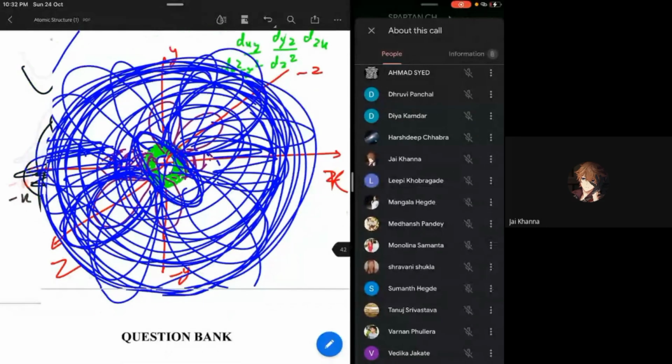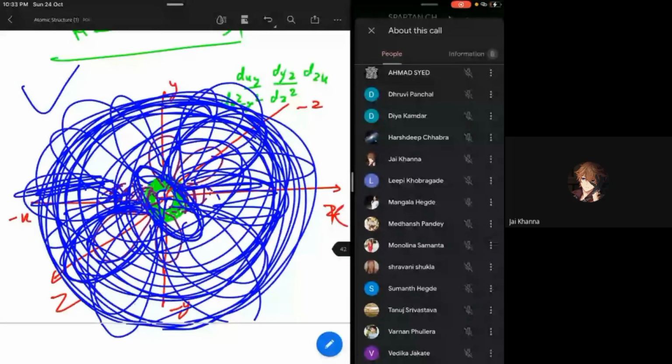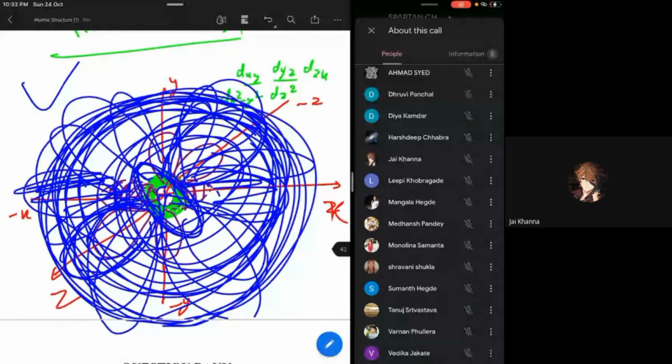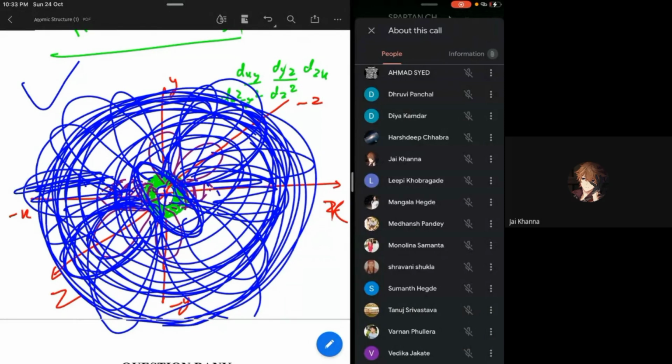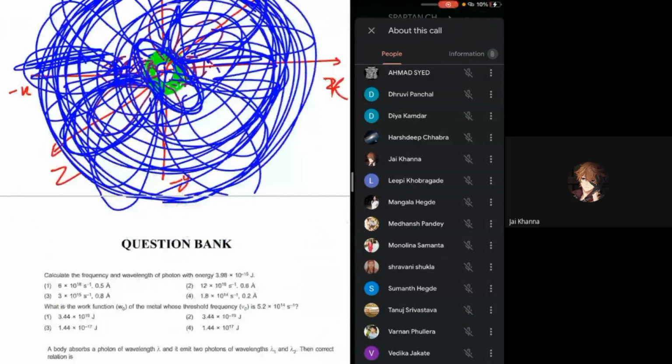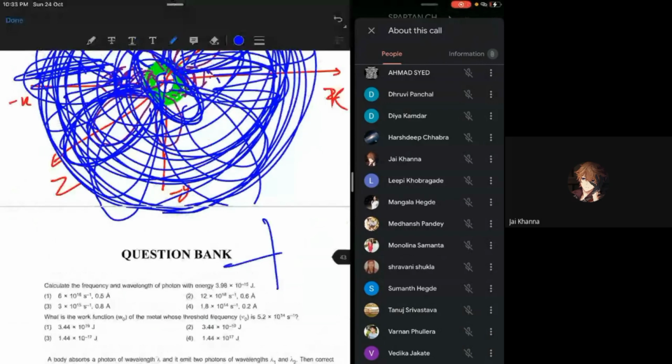Now these things will be useful in the chapter of periodic table when we will discuss orbital. Now this was the basis. This was the basis of orbital. Orbital is what? The space where the probability of finding the electron is high. So that's how the term came, orbital instead of orbit, right? So Bohr said, let's say for example, Bohr didn't know there is 1s orbital, but let's say there is an orbit. Bohr said there will be just one circle here.